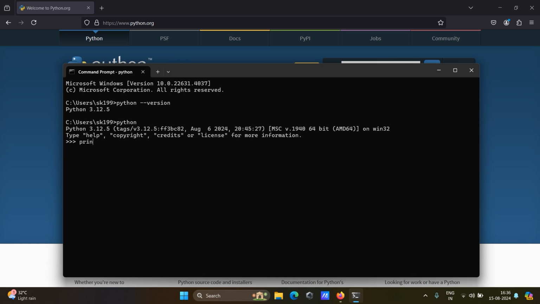You may use the print statement: print, it's Python on cmd, and just hit the enter button, and you will get the output. It's Python on cmd, that we have written. It's working perfectly. And if you are getting any error on your cmd while checking the Python version or executing Python,